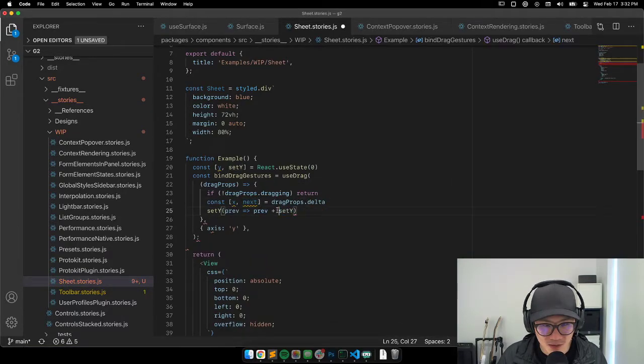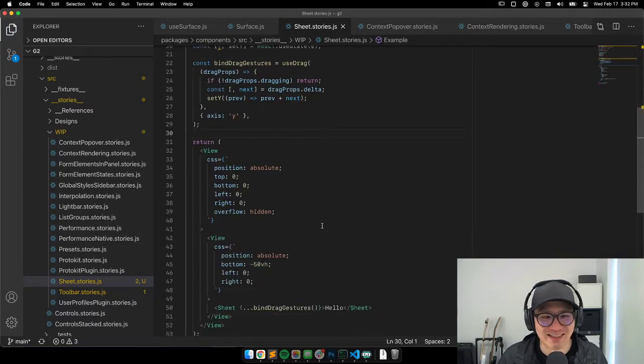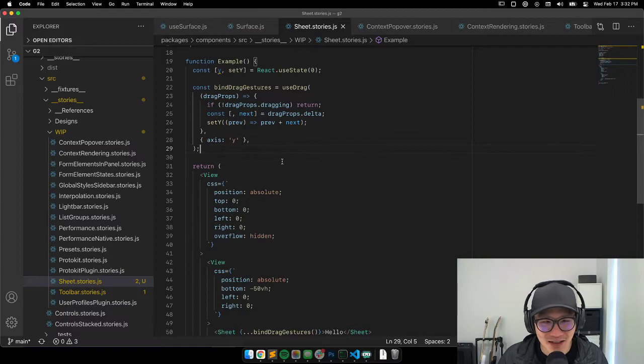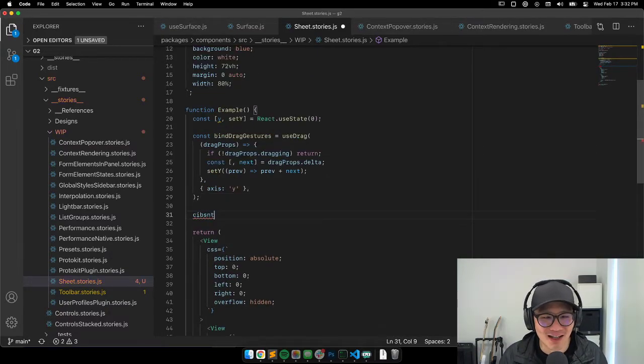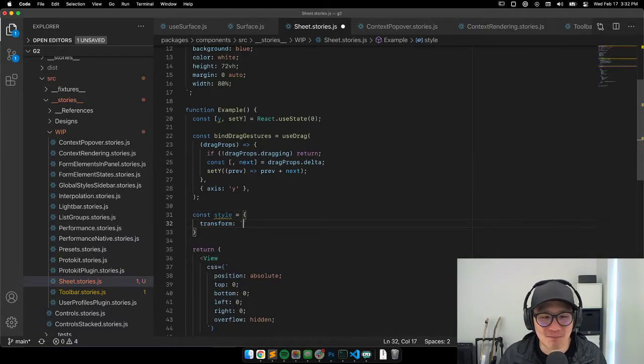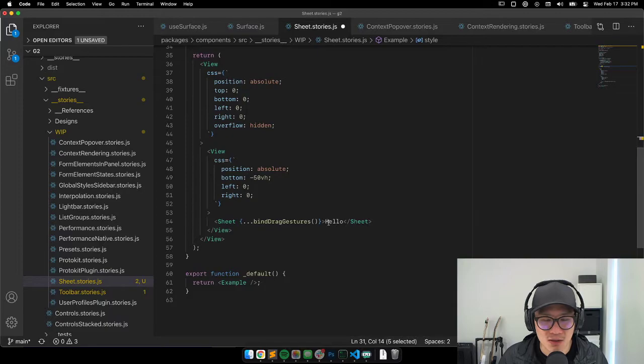I know this may look like nonsense right now. Kind of is. Once you've done this enough, like me, you'll get used to it. But for now, it's like nonsense. I get it. Const style is, and then we have a transform. We have translateY, and then we have the number, which is right here, and then we add a px. So now if I put the style onto,